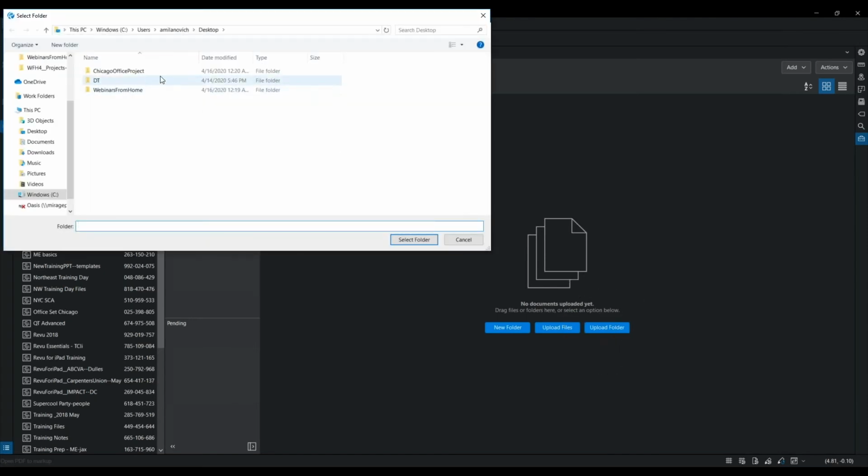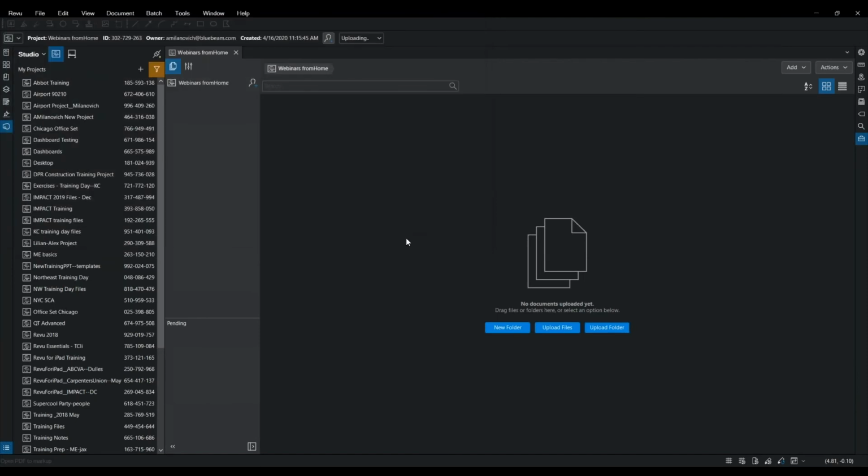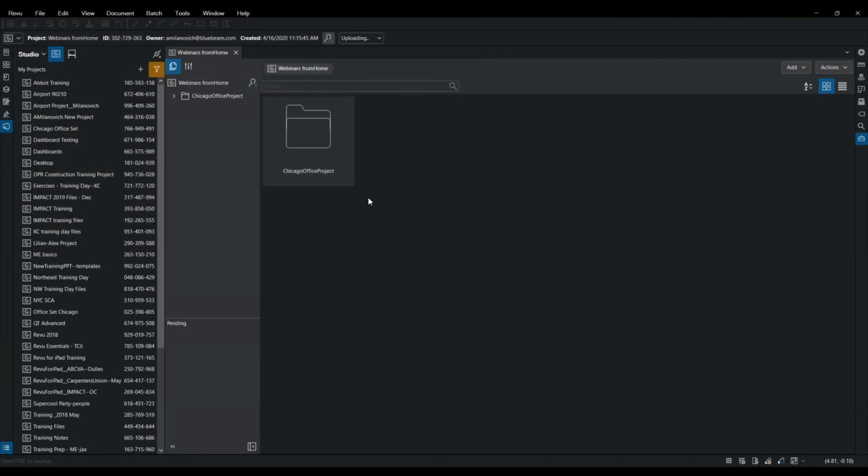Now, as soon as I do that, I'm going to locate either my network drive, which is the place that you can access when you're in the office, or I'm just going to use my desktop here. I've got this Chicago office that I want to go ahead and upload. When I select to upload here, a couple things are going to happen. You're going to see that those icons went away and I have a new icon, but what you'll also notice is this option called uploading here.